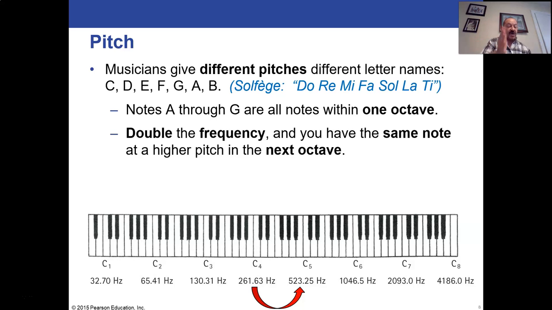And each time you go to the next C, it's double. But I could pick any note on this scale and go to the next version of that note. I start with B flat and go to the next B flat. It is double. And if you're wondering how much they go up by each individual note, if you go